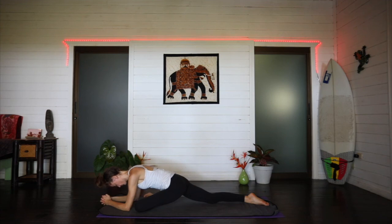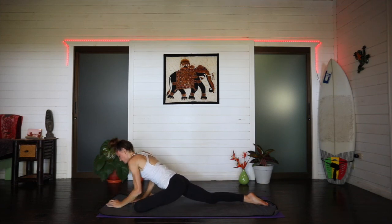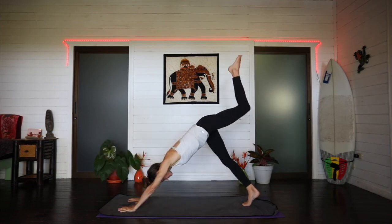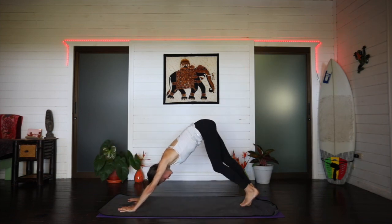It's not about how deep we can get into the pose, but rather how much we can let go. Trying to relax through those shoulders. You don't want to be holding any tension in the neck. And slowly pressing yourself back up, tucking the toes, shooting that left leg back, three-legged dog, and exhale, releasing it